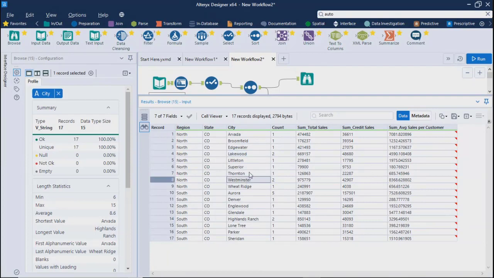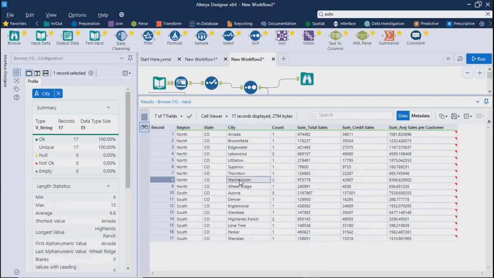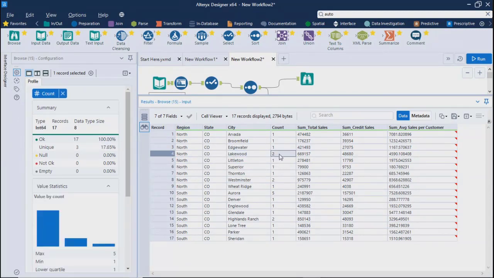So for these both, your frequency is the same. When we selected last, we were getting Westminster, and as soon as we converted into mode, it was giving us Lakewood city. Maybe because our sales is in sorting order, so this will come first and it is picking up Lakewood city.